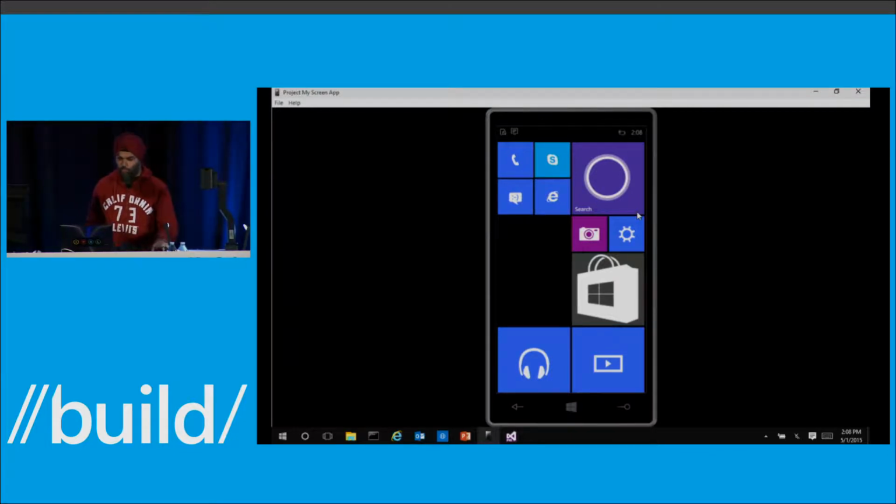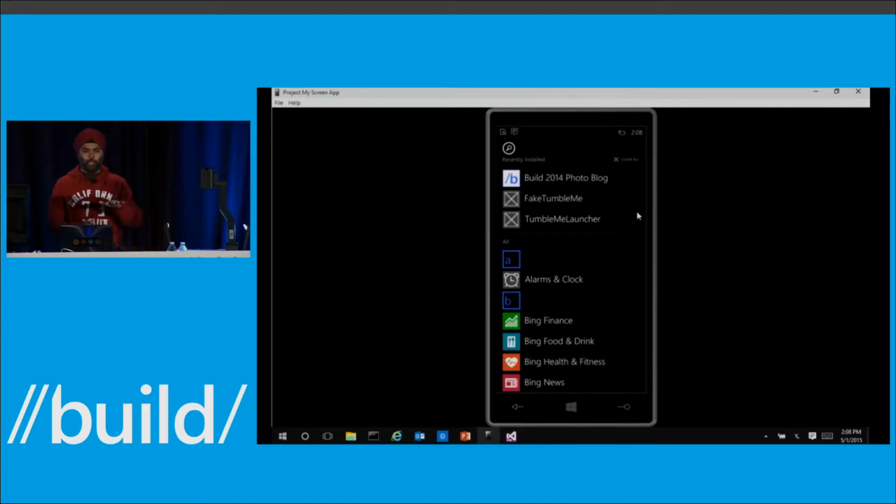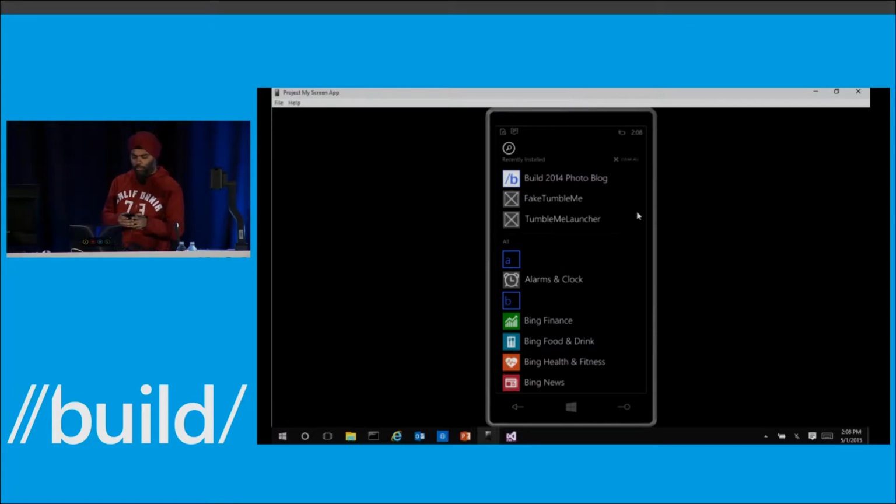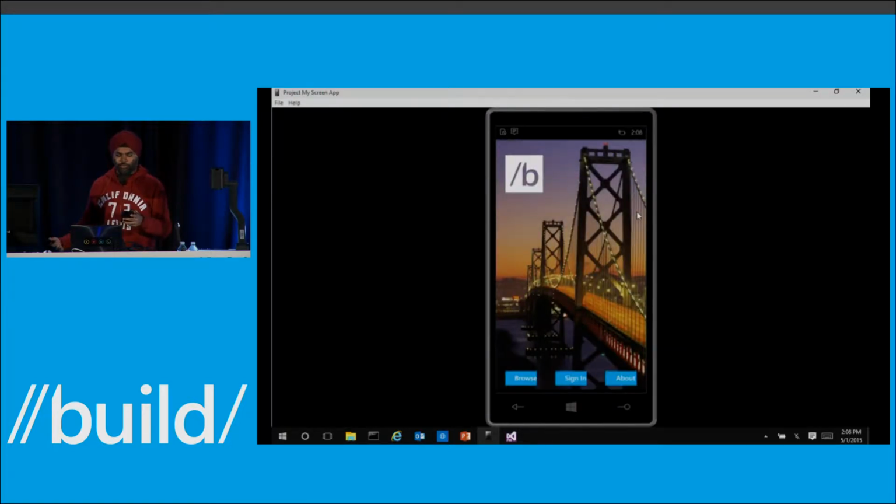Okay, switching over to my laptop. And I've got a test phone up here. You see it? Okay, it's up there. And I'm just using a Windows Phone device. And for the next demo, I'll be using a desktop device, just because we can get some variety in here. And what I've got is an app called Build 2014 Photoblog. That's this app here. And we brought this app for a demo last year. And all it does is it lets you post pictures from, well, I guess Build 2015. Forgot to update the title. But it lets you post pictures from Build 2015 to a Tumblr blog that we set up last year.